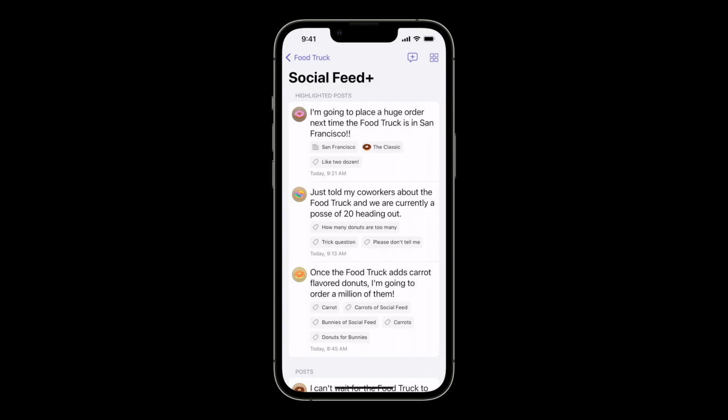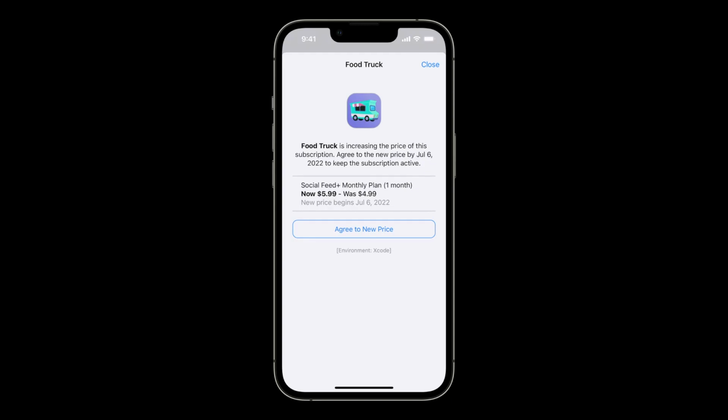And if we look at the device, we'll notice a sheet appeared above our app, asking to consent to the price increase. This sheet will appear on its own without adding any code, but we took advantage of the new Messages API to customize its behavior. Let's take a look at how we integrated with the Messages API in the code.